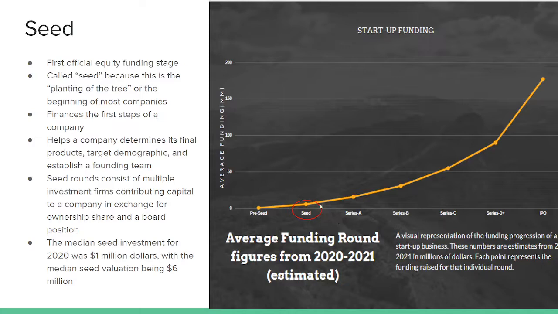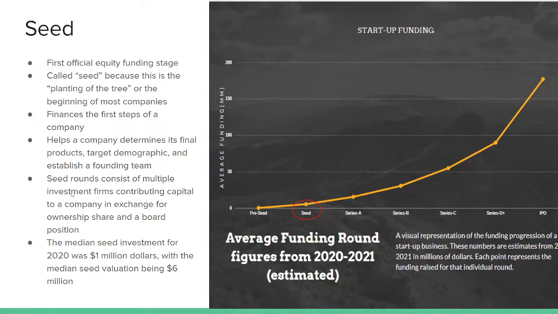So this right here is a very important step, because if you have no idea what you're doing, I would assume most companies, and this is highly subjective information, by the way, a lot of companies operate differently depending on their funding rounds. But usually by the time you get to the seed round, you have some idea for a product, some team, some kind of strategy, you have identified your market, you have revenue projections for whatever product you're trying to create, and you're taking steps. So this is a very big, very important first step to expanding your business.